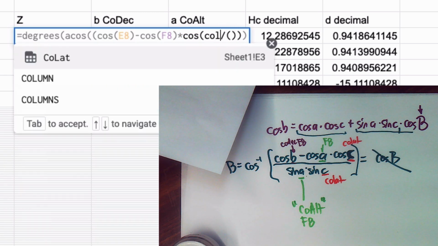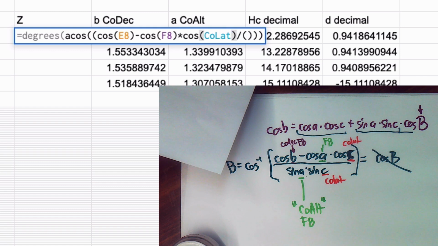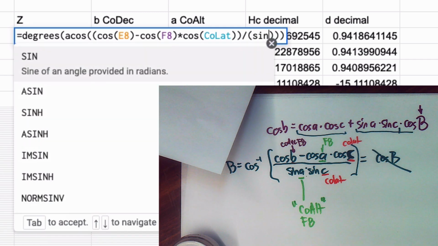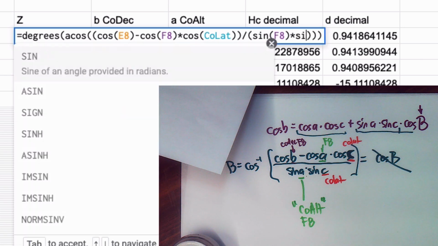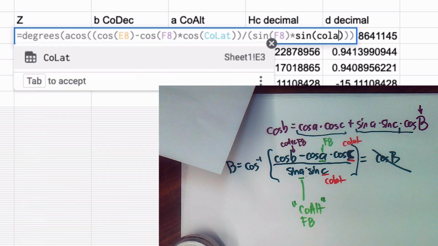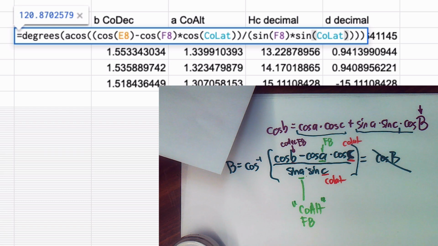And we can actually just type in CoLat, because that's a named item in our spreadsheet. Now, I want to make sure that whole numerator, I think I need to use another parentheses. Okay, so that's the whole numerator. And now we're going to divide by the denominator, which was the sine of F8. Again, F8 was CoAlt times the sine of CoLat. Okay, I think if I hit return,